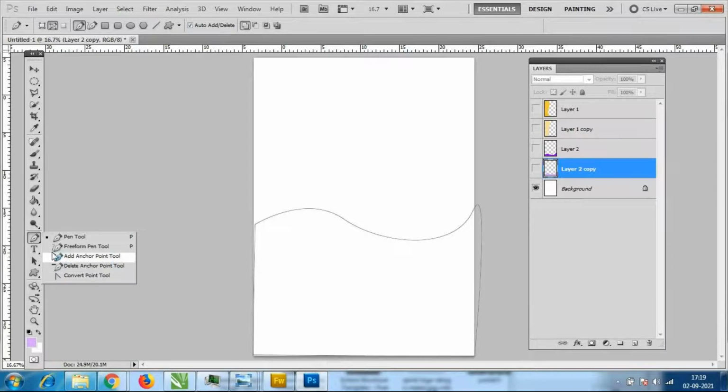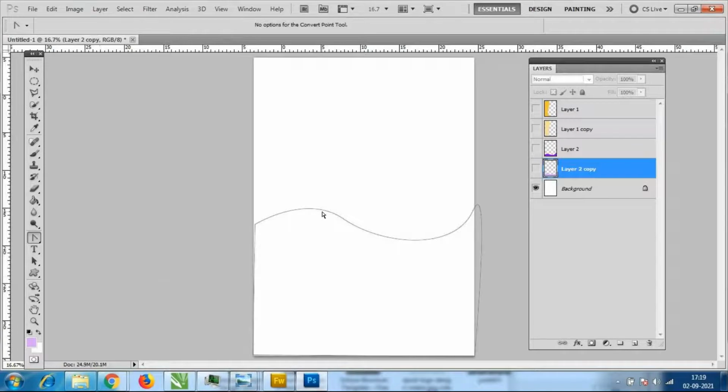I'll come down from the pen tool to the convert point tool. If you select the convert point tool, only then can you see these handles. Using this you can make designs however you want, and wherever you want points, you can make changes like this.